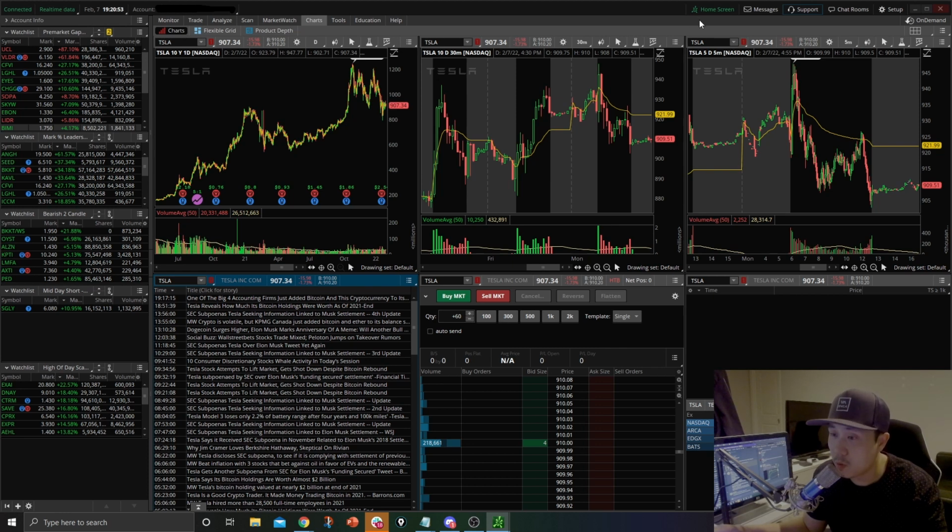Super duper important. You add that, because if you don't, then while the market's open, there's going to be a delay. There's such a big disadvantage of not having up to the minute or up to the second quotes. Okay. Once you ask the support team to add it, you actually have to go in here